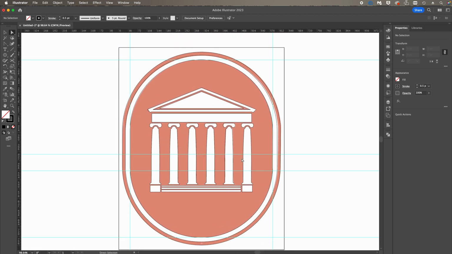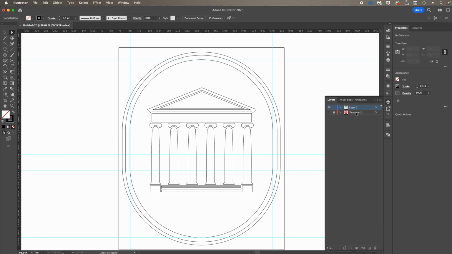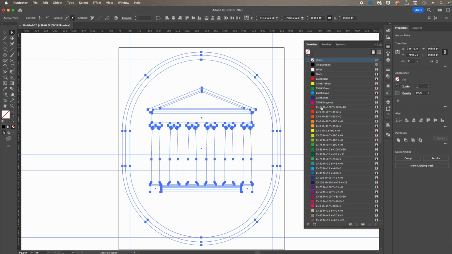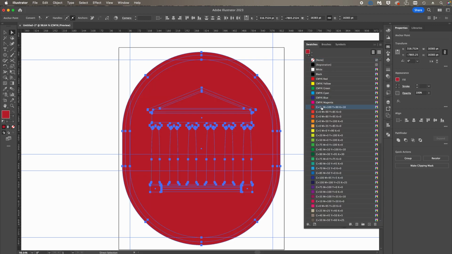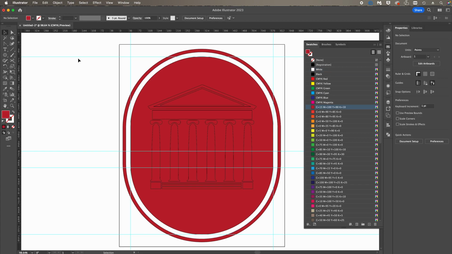And now we have a cleaner version of the Lyceum logo. So I'm going to go over here to my layers, turn off the Lyceum logo photo reference, select all of this, go to my colors. I'm just going to select some red. Here's a red right here. And then select this white, hold this